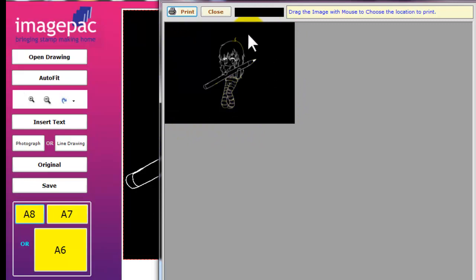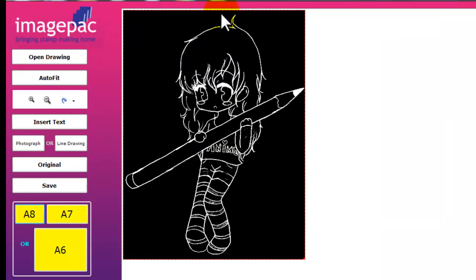It also creates a 1/2 inch black border all the way around the outside of the image, because when we print our negative, you must always have a good 1/2 inch of black border surrounding your image. I'm going to close that, and I'm going to show you now